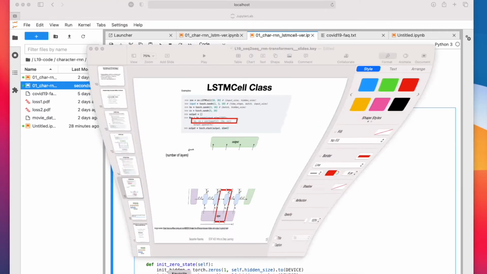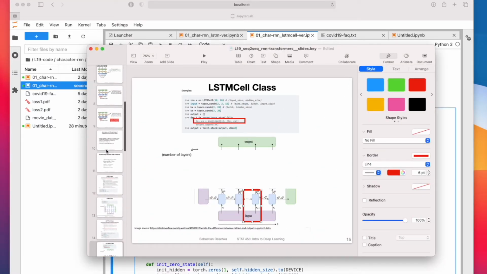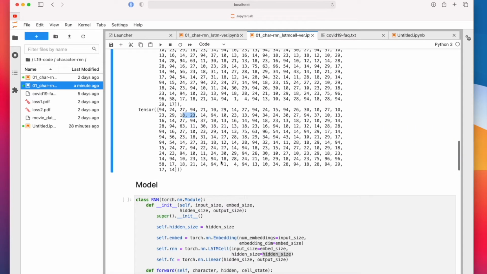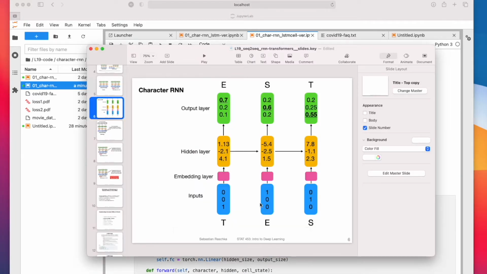So if I go back to my slides, maybe using this representation here. So our text, we had here a one-hot encoding. This is when we want to compute the loss. We actually use just an integer here. So this would be the integer 2, the integer 0, and integer 1 if you look at this here, right? So this one in this figure would correspond to an S, for example. And then the embedding layer will output a 100-dimensional vector, and the hidden layer will be a 128-dimensional vector.